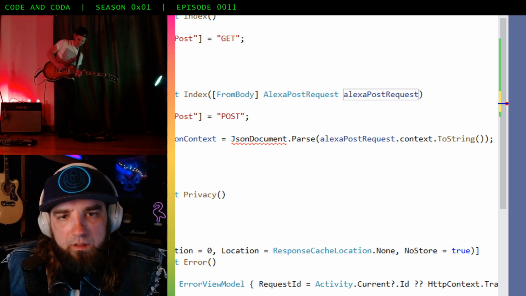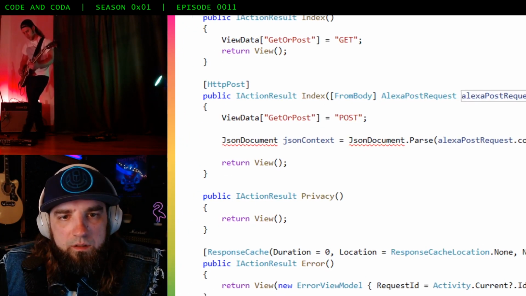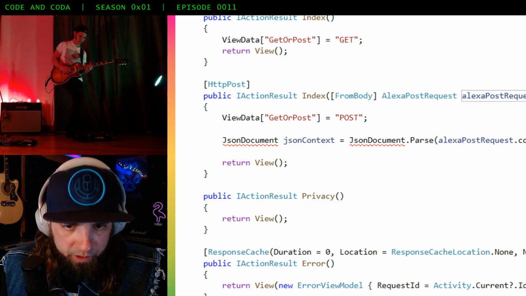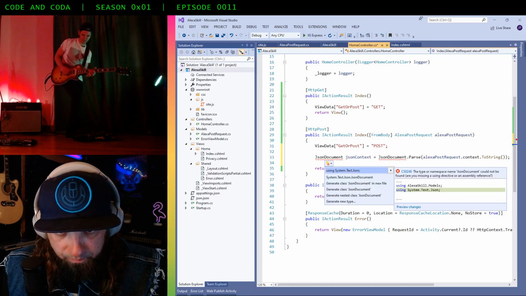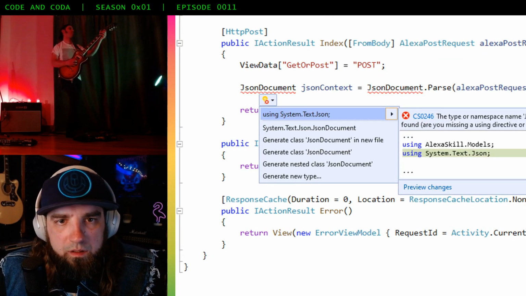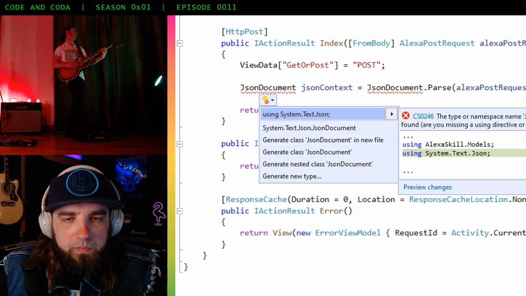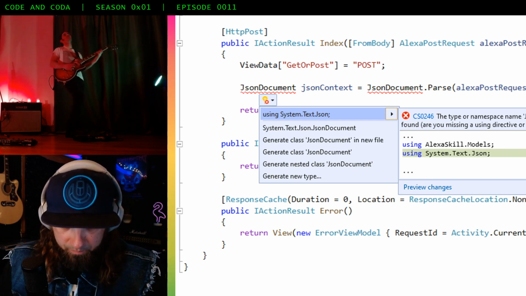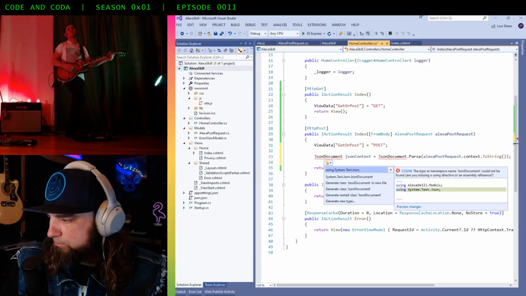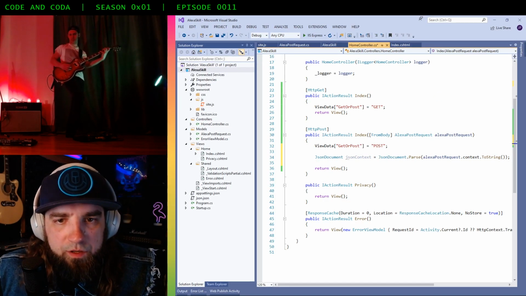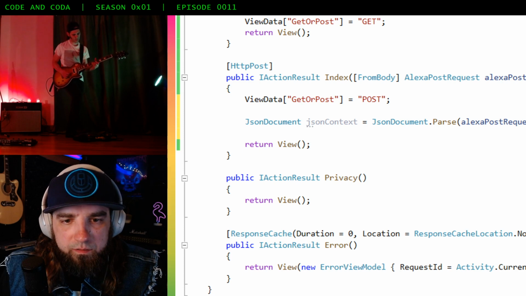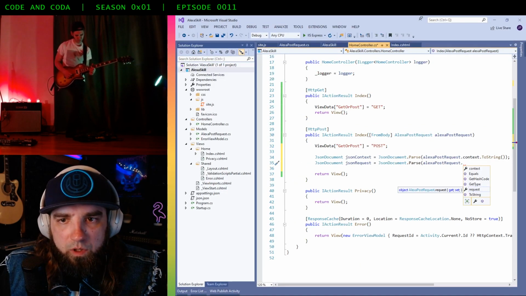Now you can see here this object, JsonDocument, is underlined, which means we would get a build error if we try to build this. Of course, what you can do is just click on the drop-down light bulb and automatically insert the using statement, System.Text.Json. And now after you insert that using statement, you can see no more red squiggly. And we'll go ahead and do the same thing,